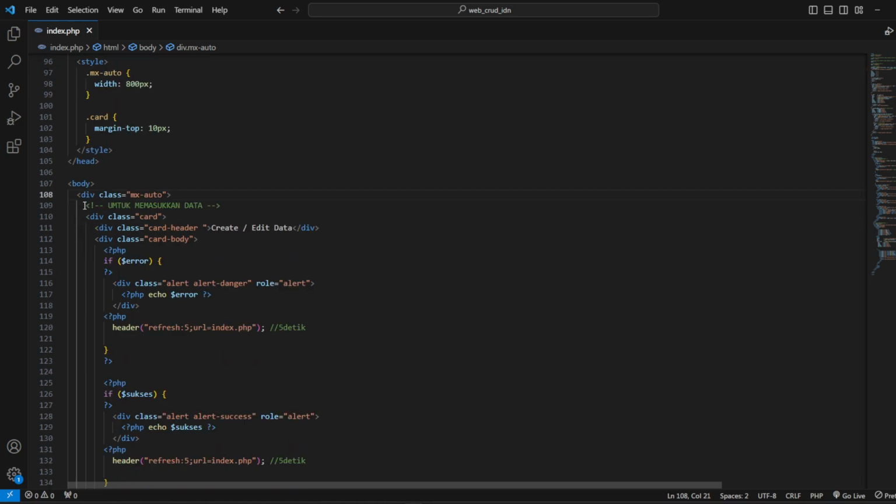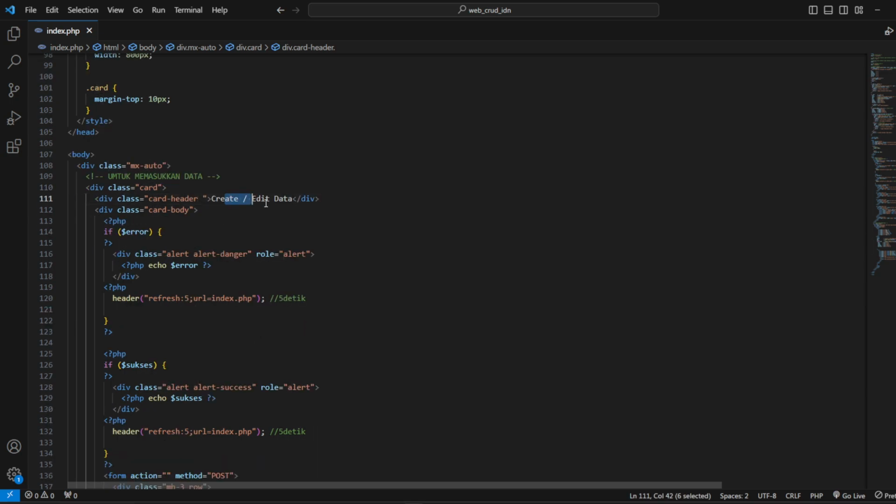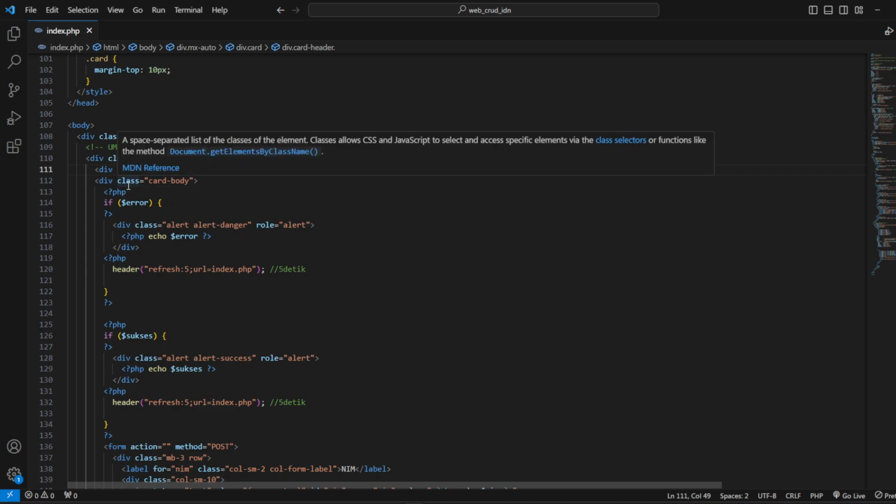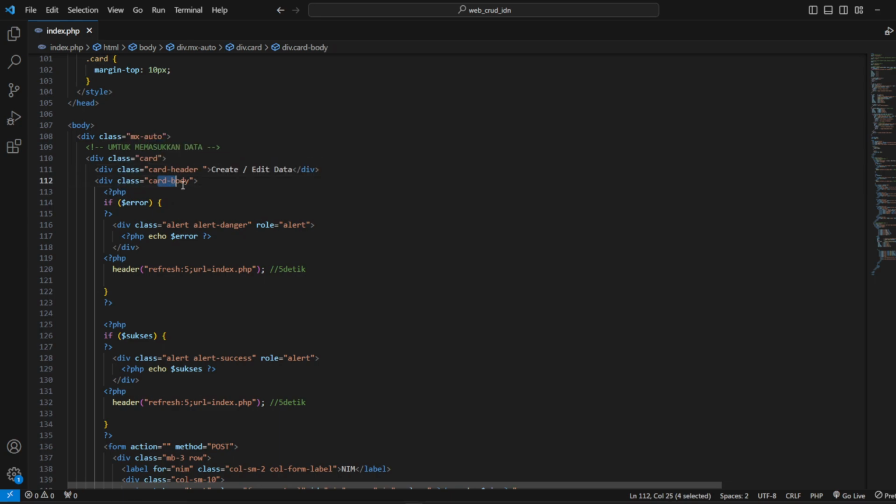And then you can write, for entering data, build the card. This is a Bootstrap class, and card-header is also a Bootstrap class, and the name is create and edit data, and build a div with the class card-body like this.